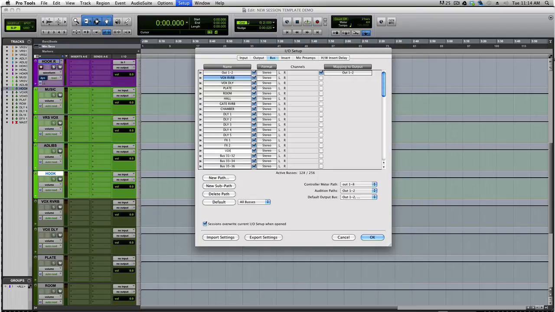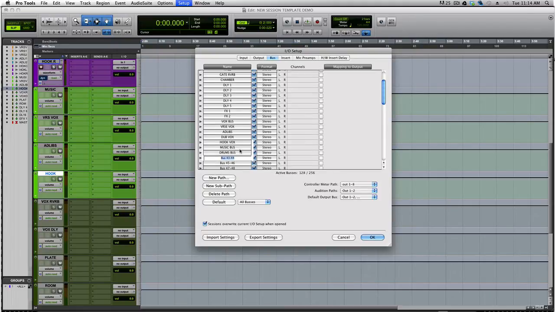Let's go ahead and create a Vocals bus. And then we'll create sub-buses for that, being verse vocals, ad-libs, and dub vocals. And we'll create a hooks vocals. Okay, now we'll create a music bus and a drums bus. Okay, now that we have some generic, basic group buses set up,